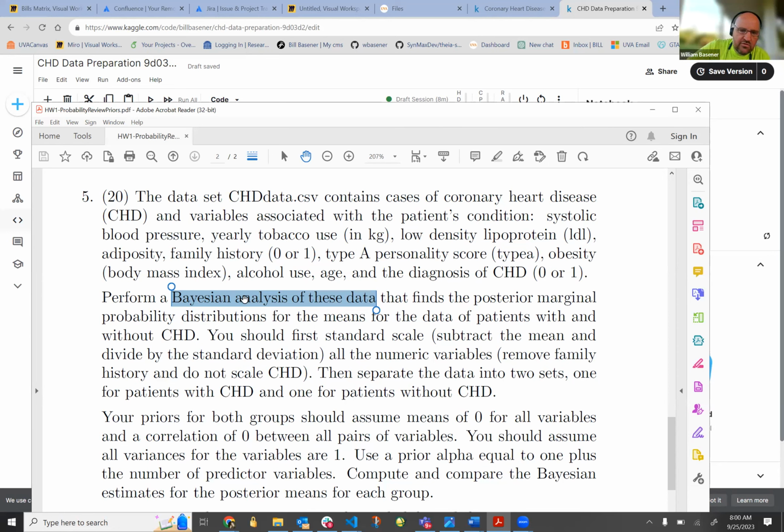Okay, so that's what Bayesian analysis means. We're going to look to find a probability distribution for parameters. So we have to find out what the parameters are. So it finds the posterior. This tells us we're going to find a probability distribution on something, on a parameter. And then it's marginal. Now, marginal means, remember when we had,